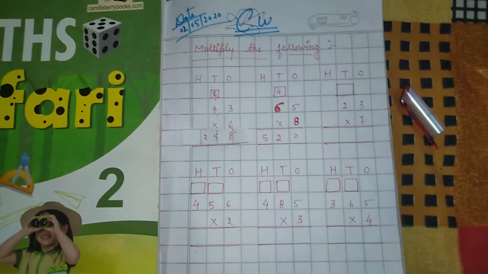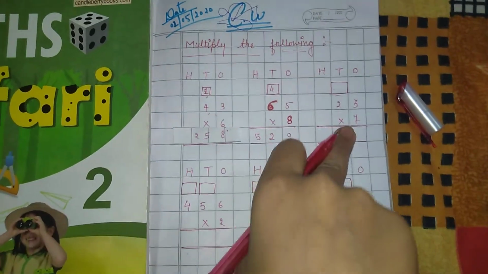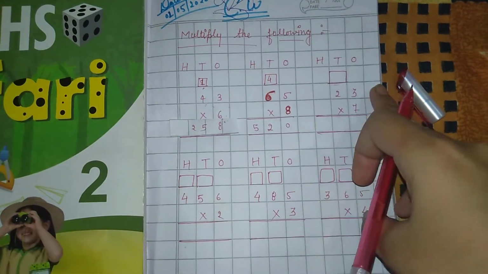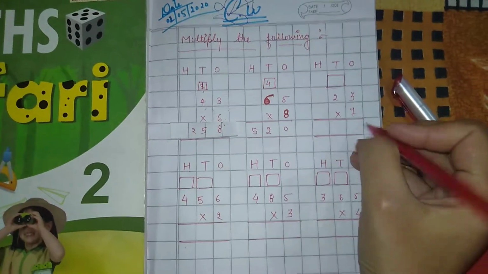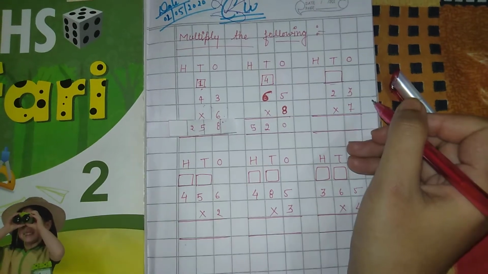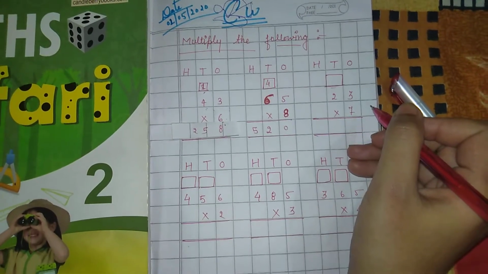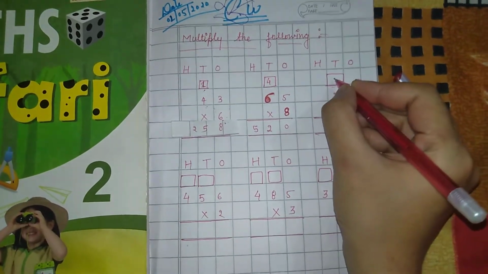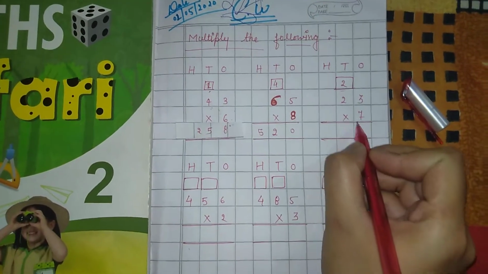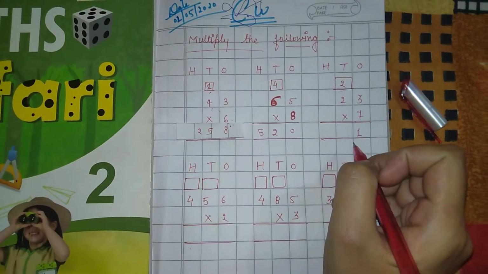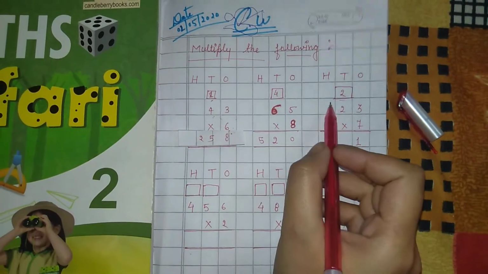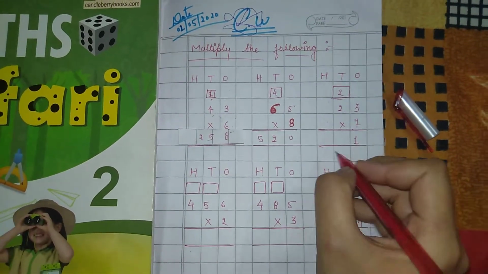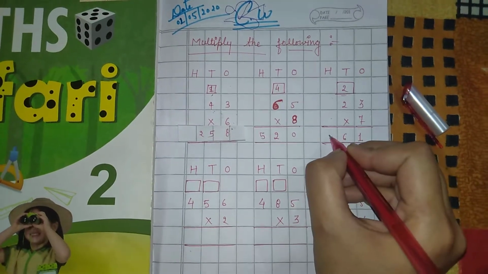Then after this, there is given 7, there is given 3 and there is given 2. So first we will read the table of 7 for the ones digit place, then after the tens digit place. So 7 3 is the first, 7 1 the 7, 7 2 the 14 and 7 3 the 21. So first we will write here 1 and give the 2 carry to the tens digit place. Now 7 1 the 7, 7 2 the 14. Now we will add 2 to 14. So 14 and 2, how much? 16. So we will write here 16.